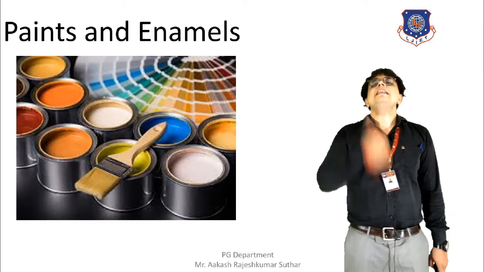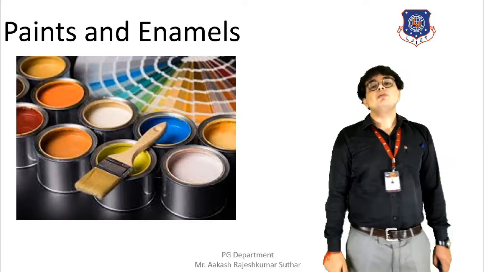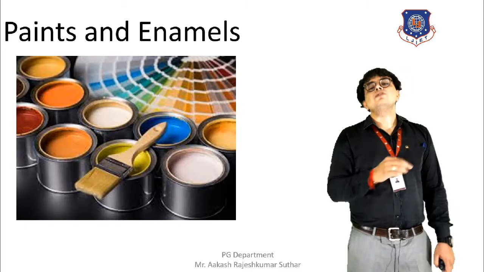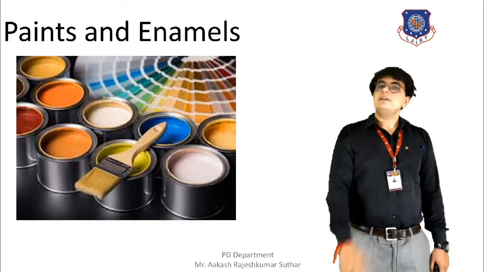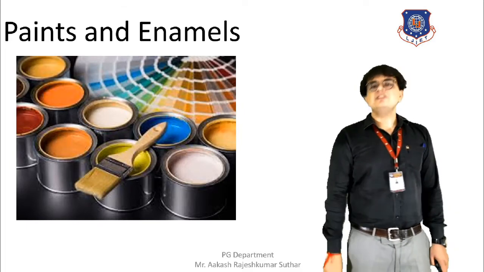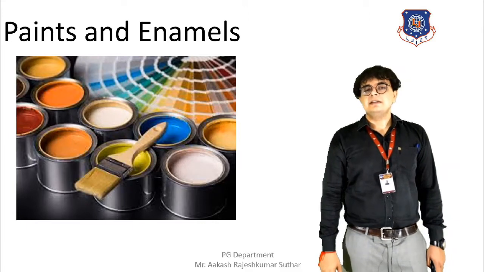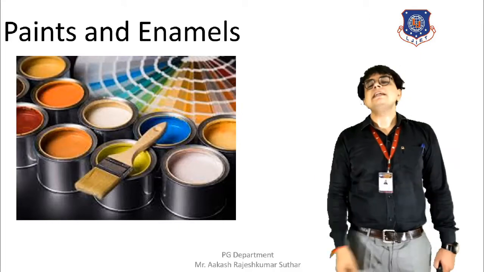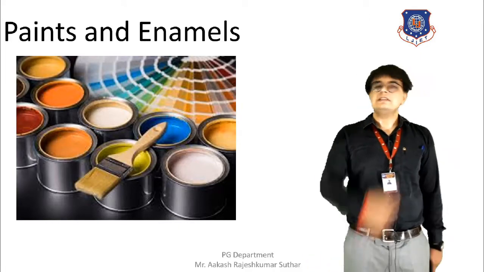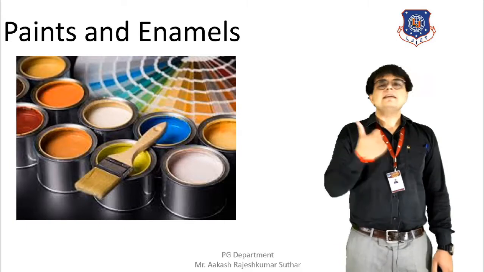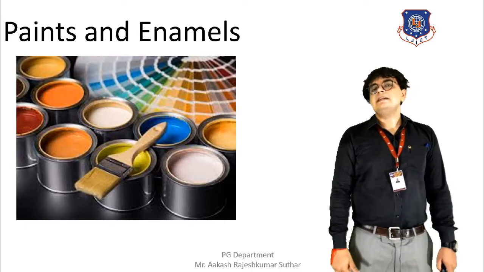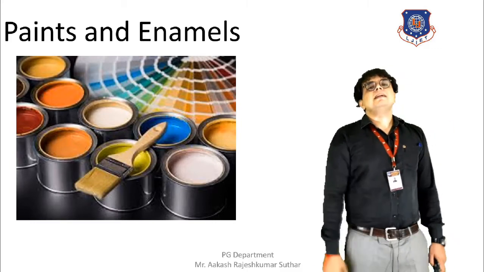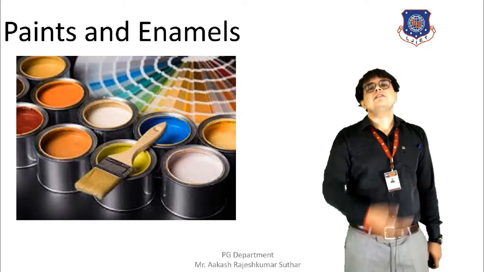We have metallic paints, which provide a layer on the outer surface so that direct contact with the atmosphere will be avoided, and by doing so the corrosion will not take place. The life of the material or the equipment will be increased by the application of this metallic paint. In the market many kinds of metallic paints are available, and they will prevent the occurrence of corrosion on the equipment, or we can say any kind of surface.